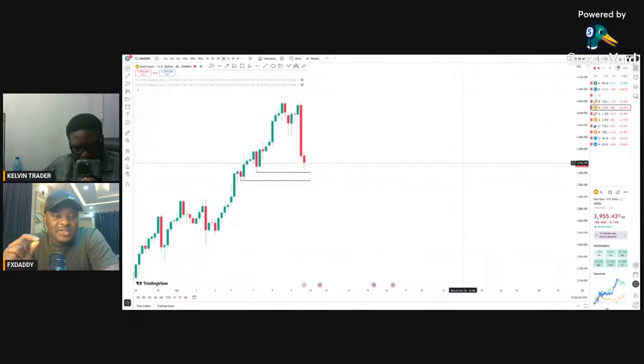So if, for instance, every time you lose a trade you blame it on impatience, that's a good thing to do. But that's not the full story, because at the end of the day, you are the one who is impatient. Impatience did not come on you. You developed that impatience from inside of you. So if you handle whatever it is inside of you that is making you impatient, the impatience will automatically go.